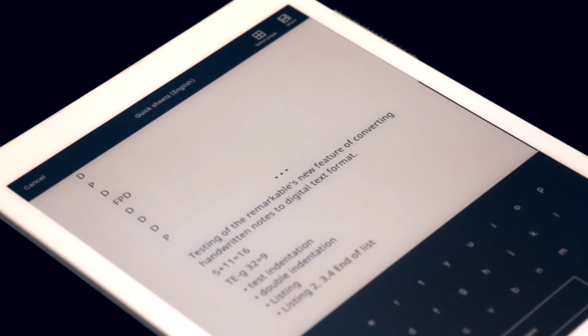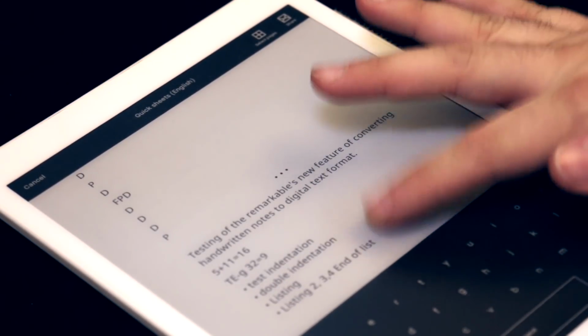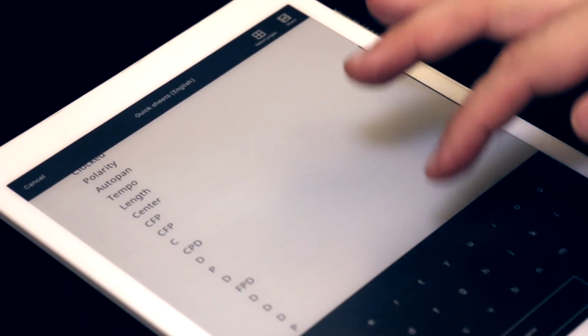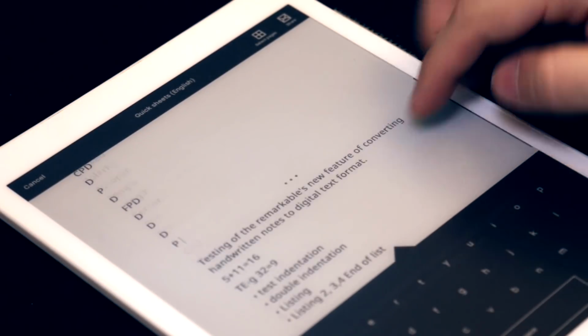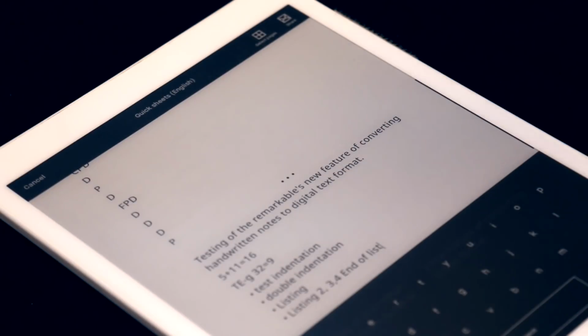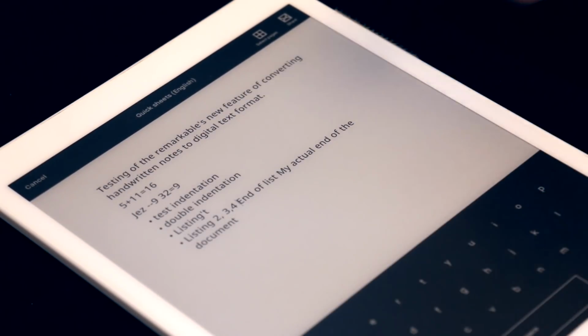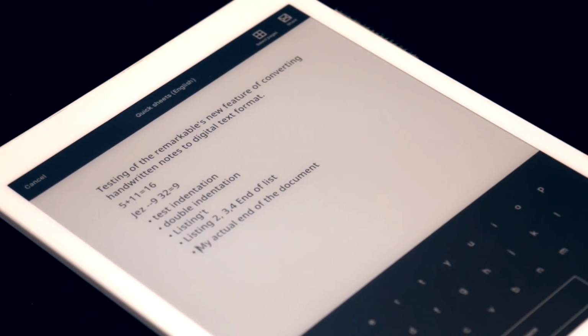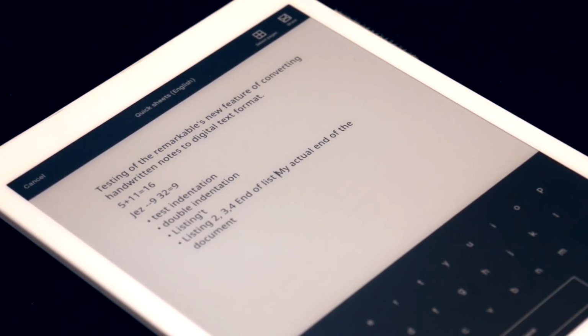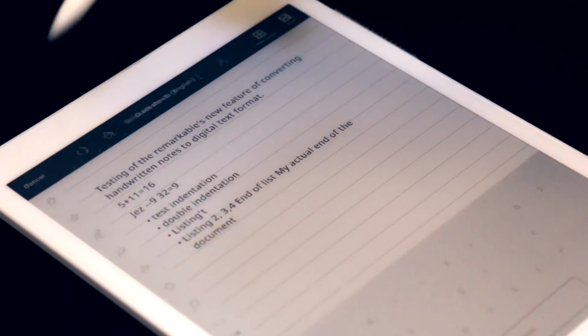Second one is a little bit weird. So if I go here and hit enter, everything's fine, right? So that's okay. But I noticed when I'm in a bullet list and I hit enter, he gives me a bullet list. Great. But I don't know how not to have a bullet list. I'm really not sure how to do that, and that's a little bit weird. So yeah, just be aware that if you have a bullet point and it ends and you want to add something in between, you're kind of stuck in a bullet point at the moment. So now the end of my list, or my actual end of the document is there, but if I hit enter, it will just continue on being in a bullet point. Alright, so that's something to be aware of, and if it does actually recognize it correctly, then